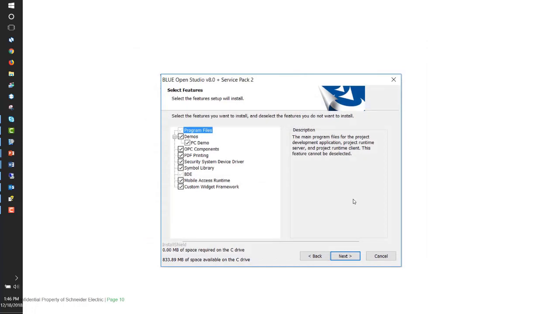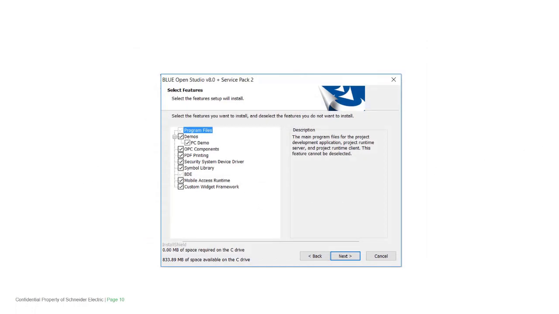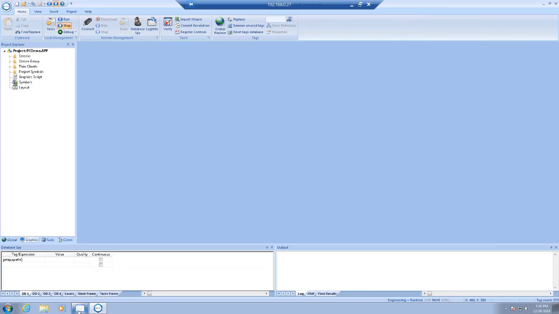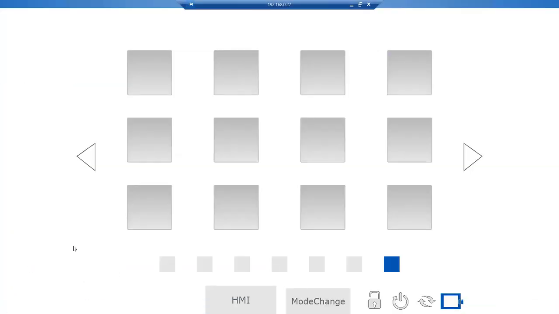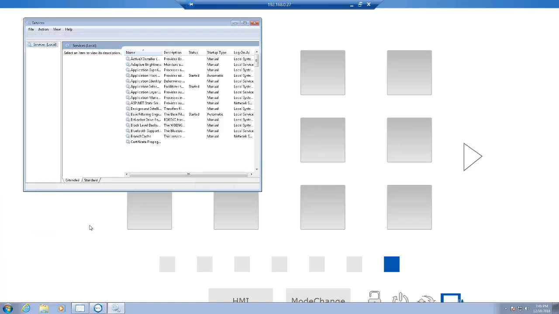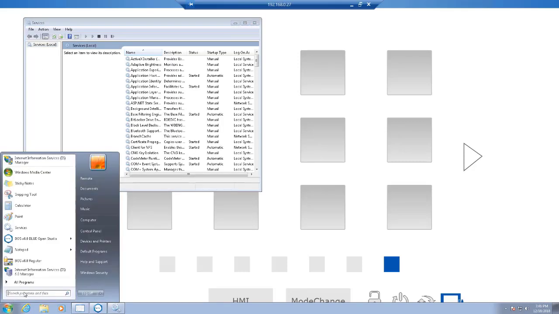Okay, so a couple of things we have to do with the SP5000 to make sure it's configured to run IIS. So I'm going to quickly log in over here. I'm using remote desktop connection to log into my SP5000 so that I can show you how to configure this. First and foremost, we have to make sure that the web service is actually running. To do that, we go into our Windows services, and you can access that simply by typing services here,